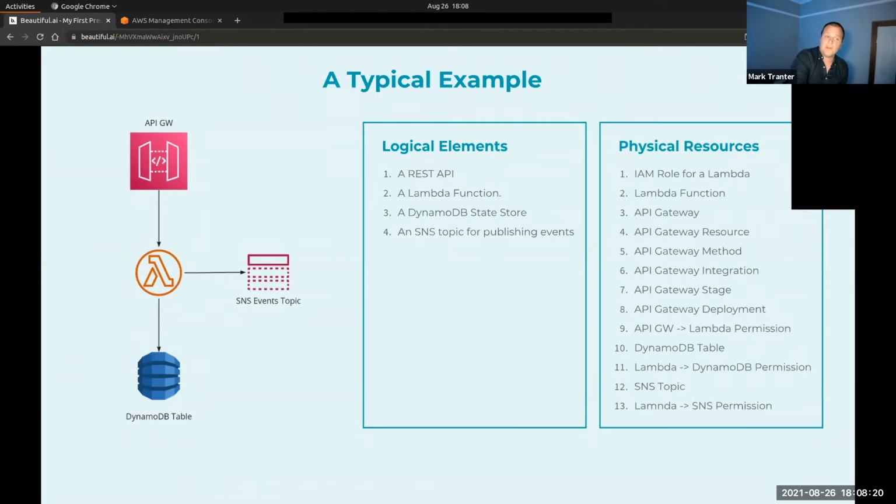In actual fact, when it comes time to provision this infrastructure, and this is the absolute bare minimum infrastructure, you've got to provision around 13 actual AWS primitives. And the majority of that actually is IAM. So giving permission, for example, for the API gateway to call the lambda function, permissions for lambda to publish to SNS, and permissions for lambda to speak to Dynamo. API gateway itself is a bit of a pain to provision. So 6 or 7 API gateway resources just to get this fairly simple example set up.